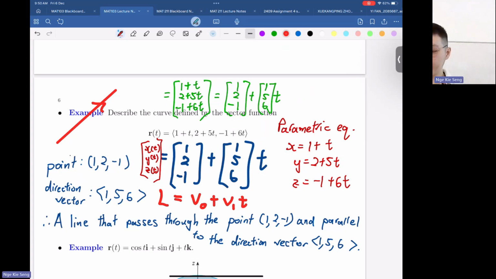Let's go back to a basic question. How to describe a line? In high school, how did your teacher teach you? You get 2 points on your line, and then